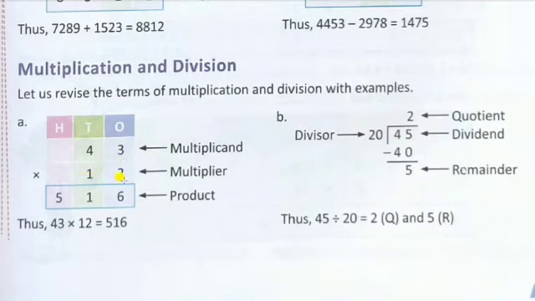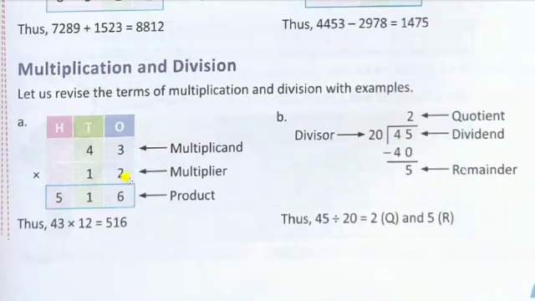Next is the multiplier. With the multiplication sign, whatever numbers are written are considered the multiplier, that is, the table values. You have to say the table of the particular digits, and whatever answer we get after the multiplication, we give the term product. So here it is the product.